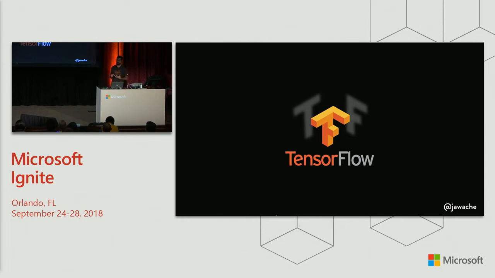TensorFlow is a tool that allows you to train machine learning models, and it's especially useful for neural networks. It was released by Google. It was used internally in Google for a long time, I think. Then it was released and open sourced in about 2015. And it's written in C. It's very well optimized to run parallel computations across a GPU, across hundreds of CPUs. It's for doing vast mathematical calculations on hundreds and hundreds of servers, right? But it's written in C, and most people use Python to interact with it, right?